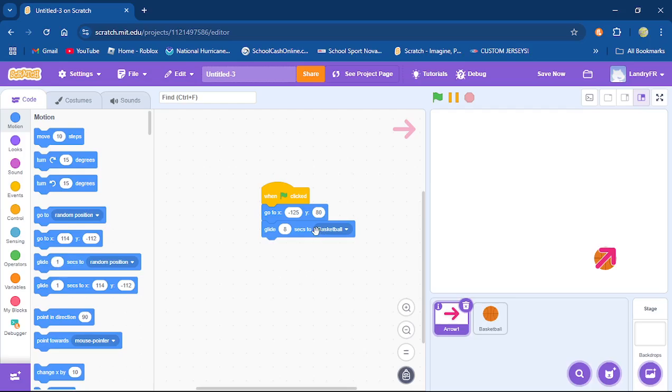So that's glide 8 seconds or whatever to glide to a specific location. Then you can just glide to another specific location that you actually physically type in. If you don't have a graphic there that is a sprite of yours, it could be on your background and you just need them to get there. Or if you have a tower defense with a wavy path, well, you might want to glide to a location, you might want to glide to another location, you might want to glide to another, and then you want it to glide to your basketball.